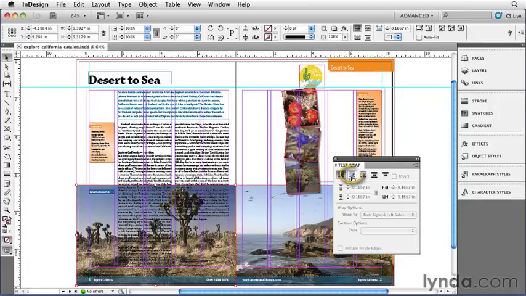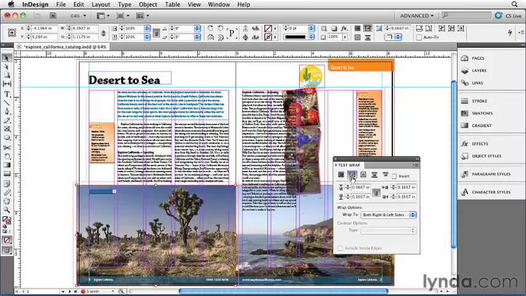But if I click on the second button, it means wrap around the frame. That's exactly what I wanted. You'll see the text no longer can go on top of this object. Now, I need to point out something important here. This image is actually behind the text frame, and that's different than how it works in QuarkXPress. In XPress, the wrapping object has to be on top of the text frame, but here it can be below